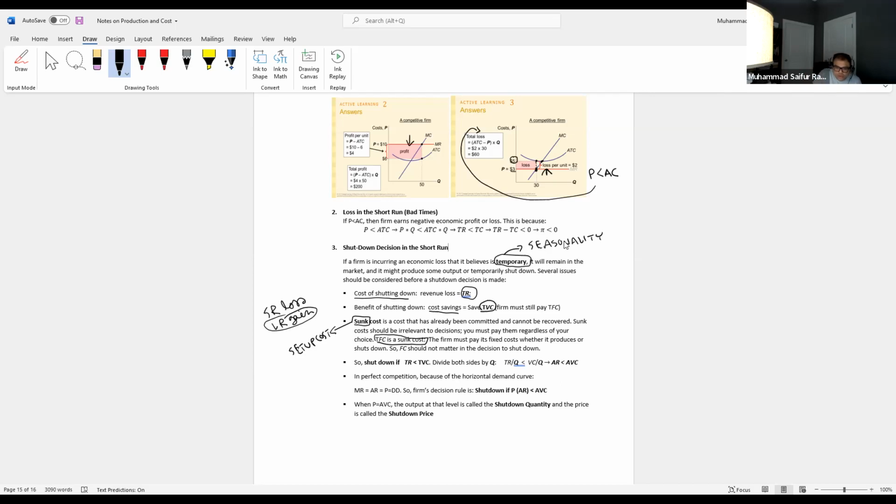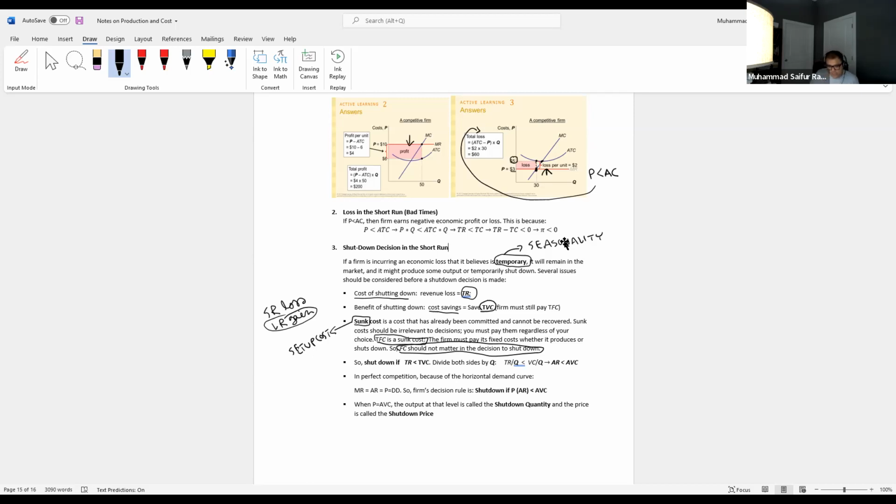Sunk costs do not matter. So we should therefore ignore the fixed cost and simply compare the revenue loss with the saving of the variable cost to figure out whether a firm wants to